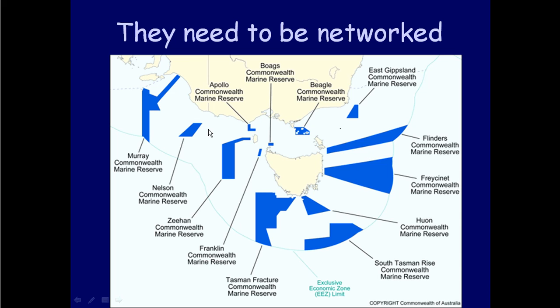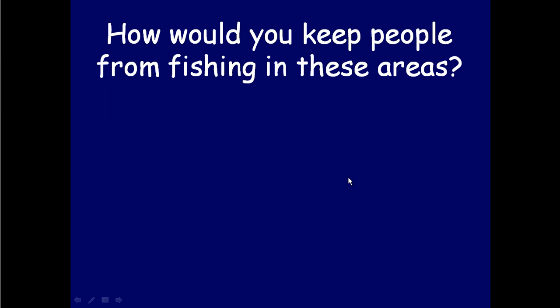Because essentially what you want is genetic flow through these, and a large enough area protected so that you have adult populations protected. They should be able to move between these without being subject to inevitable exploitation, so that there can be enough genetic interbreeding. So how would you keep people from fishing in these areas? Another one that you can brainstorm. Okay. The answers are unknown, really, in this area, but it would take a lot of enforcement.